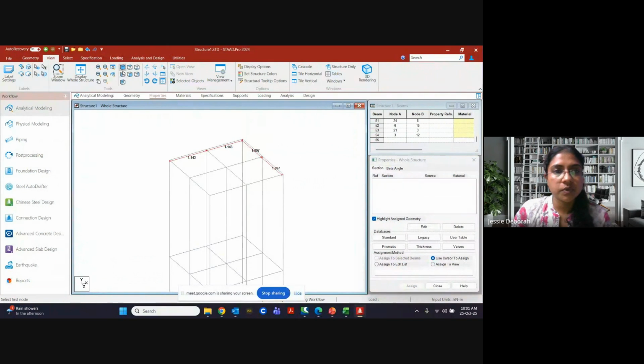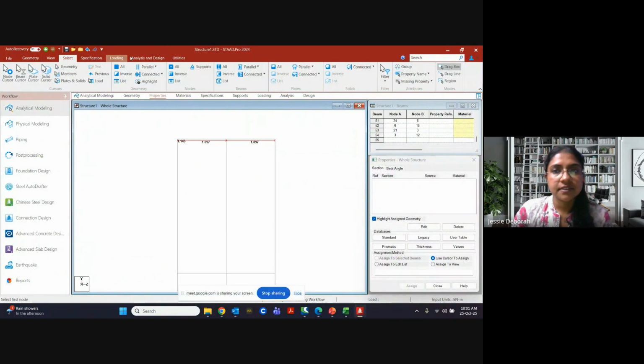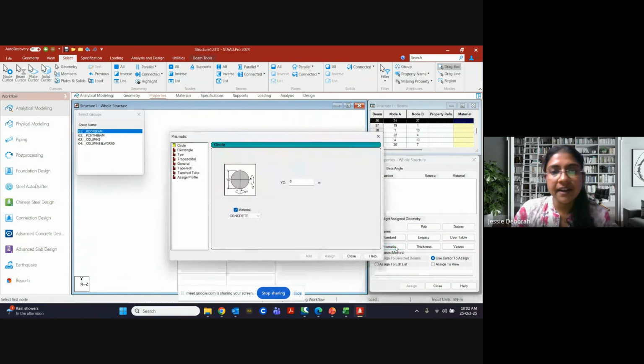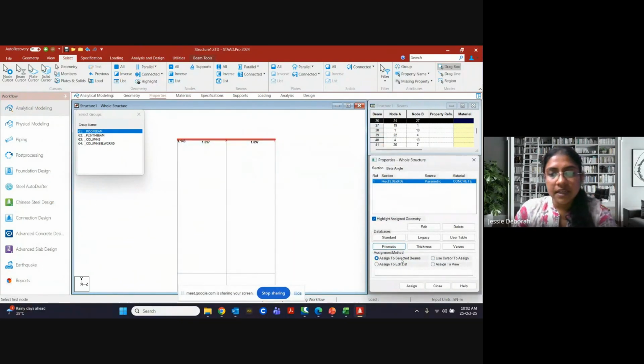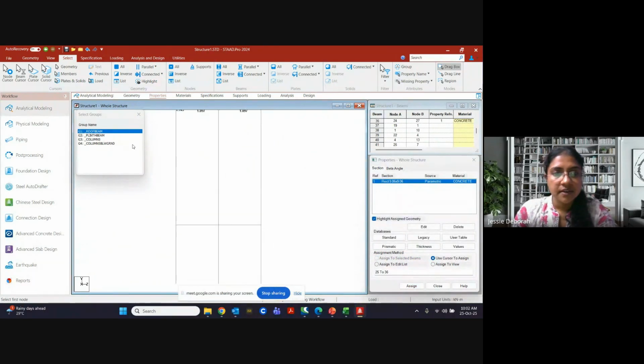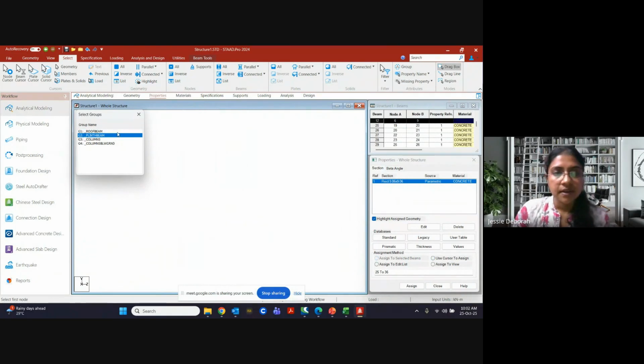So we will select group roof beam. We will add rectangular. We want rectangular details. So like I already told you, roof beam will be 230 by 230. Add, and then assign to selected beam. Okay, it is now assigned. We will select plinth beam.